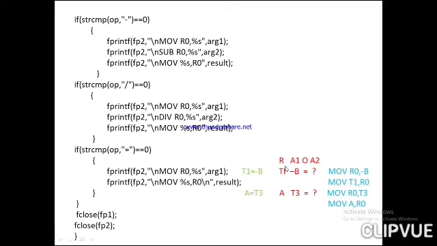When it is an assignment operator, there are two instructions. Which are those instructions? That is move from the variable to the register and from the register to the variable. So that is what we are doing. For this particular instruction, there are two printf statements. One is move minus b to R0, R0 to T1. Here the last instruction is T3 to R0, R0 to A. So these are the two printf statements you are using if your operator is the assignment operator.